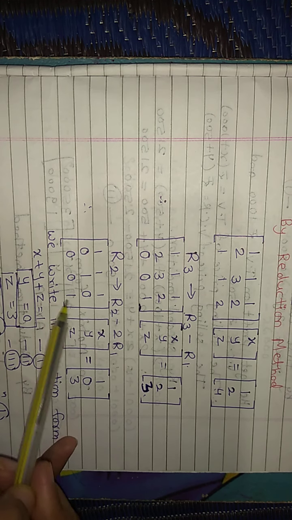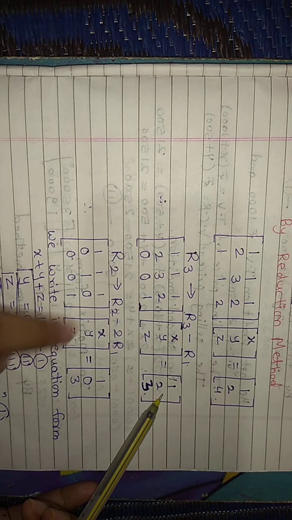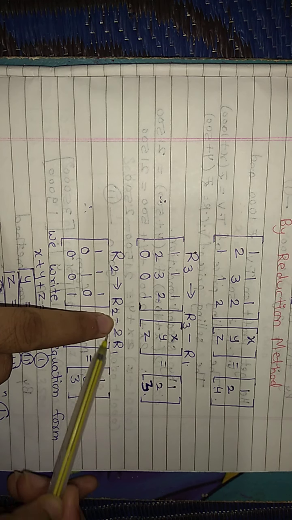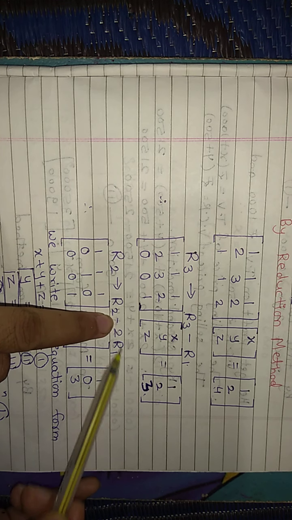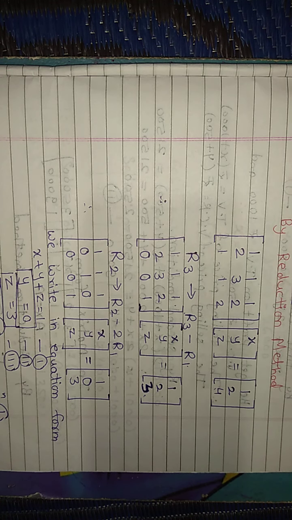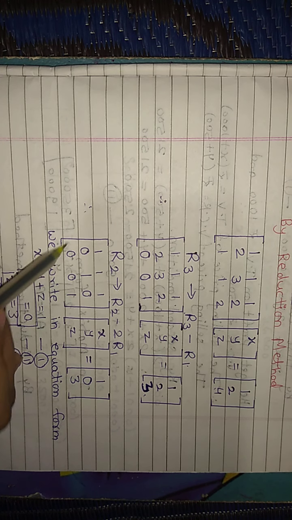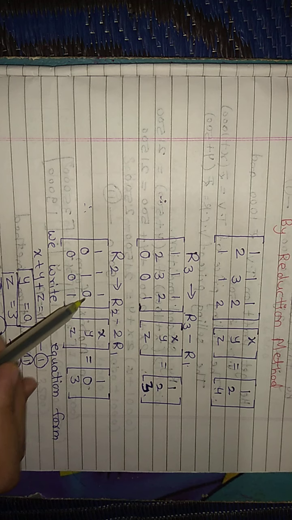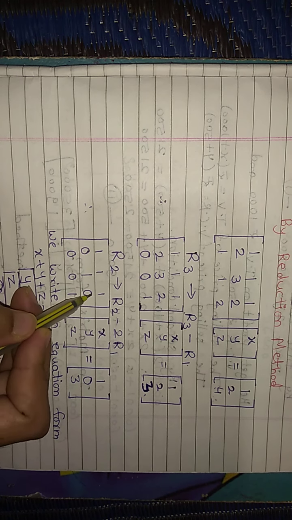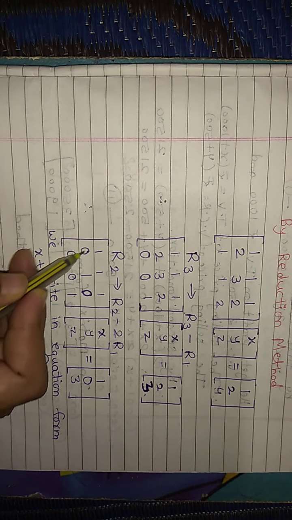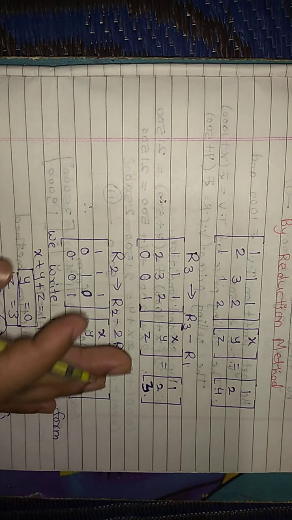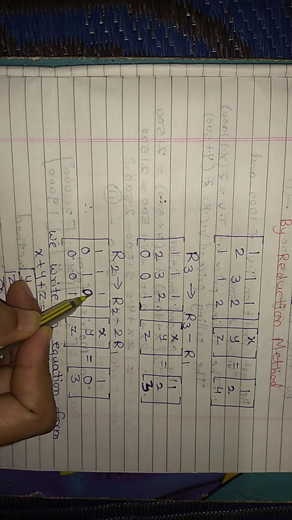Another remaining element, keep it as it is. Here, 2 minus 2 into 1, 2 minus 2, 0. If we get the 3 element as a 0, not necessary 4 element as a 0. If we get the 3 element 0, is it okay? But in the sum we get the 4 0.